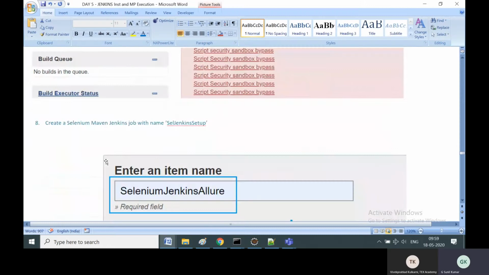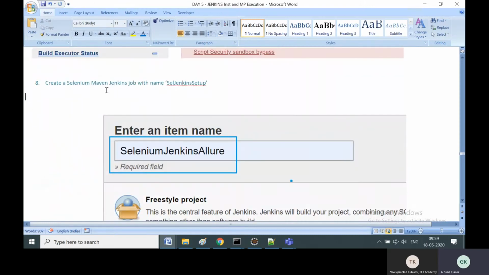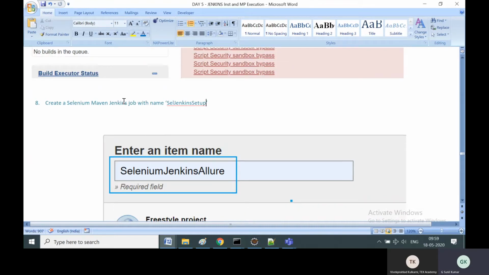Next, guys, now we are ready to create our sample Selenium Maven jobs. So we are successful. We have downloaded the Jenkins.war file. We have installed it. We have launched it. We have created an account. We have entered our username, password. We have installed global tool configuration and the manage plugins. We have installed 4 critical plugins for our current Selenium Maven setup. Now we are ready to create our Maven Jenkins job, guys.